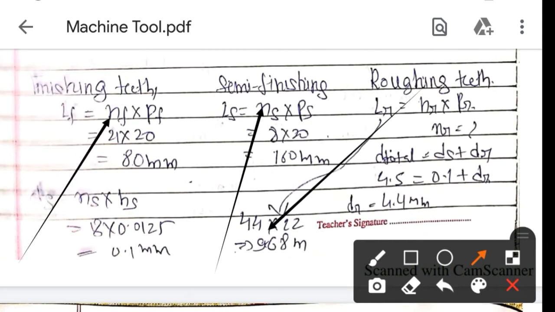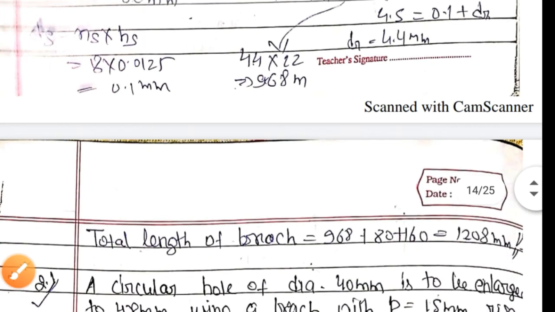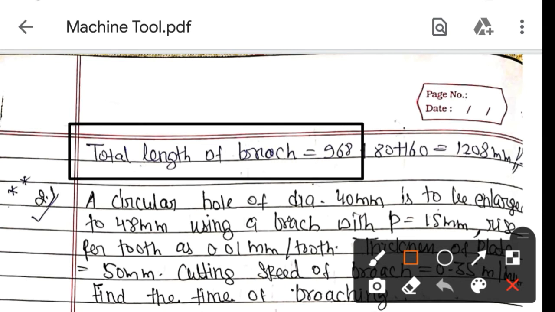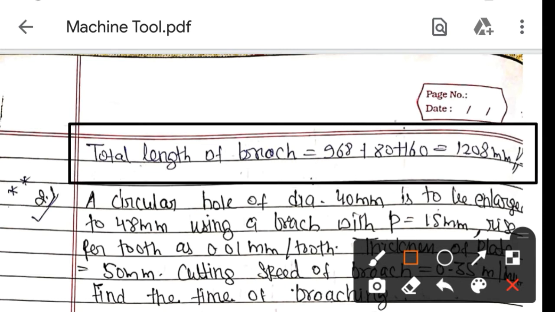So just sum all these three, and we'll get the total length of the broach. So this is the answer for the total length of the broach. This is how you have to use all those formulas for finding the length of the broach. Okay, so